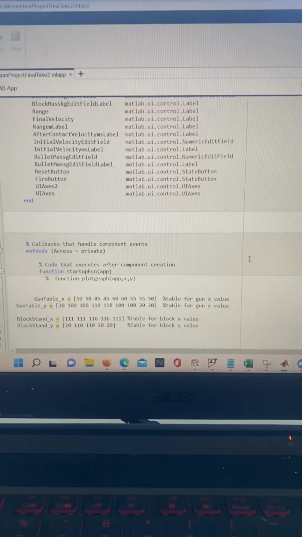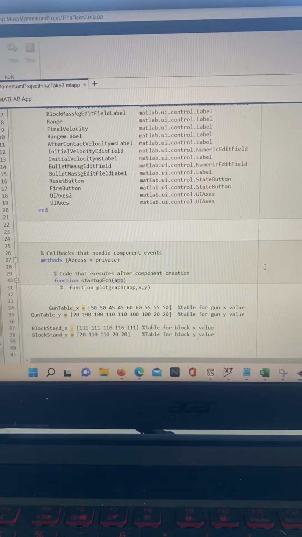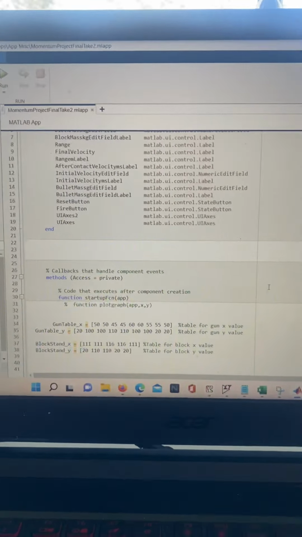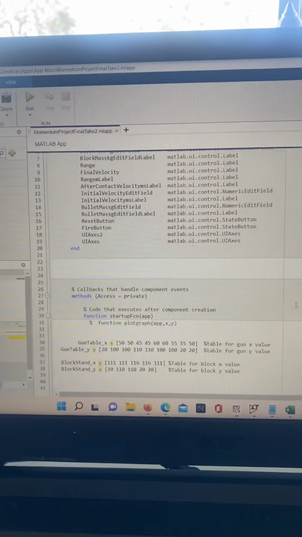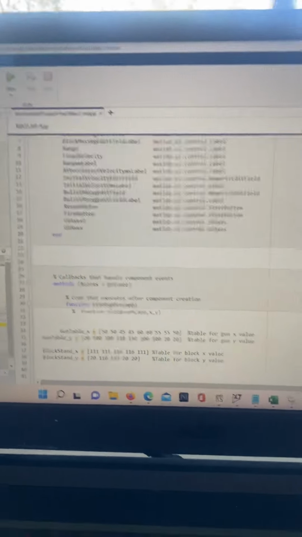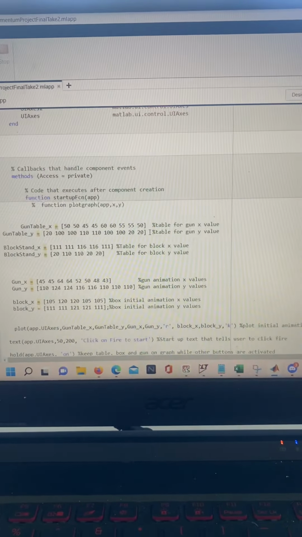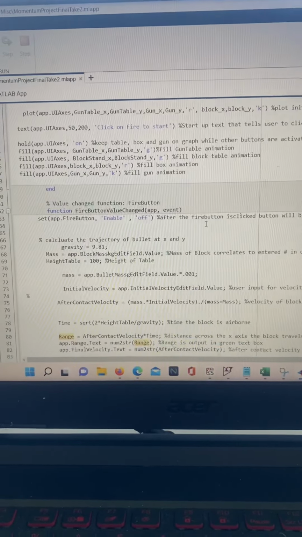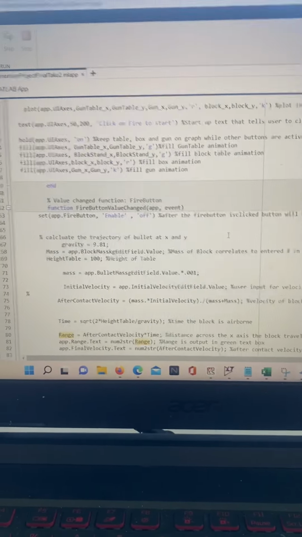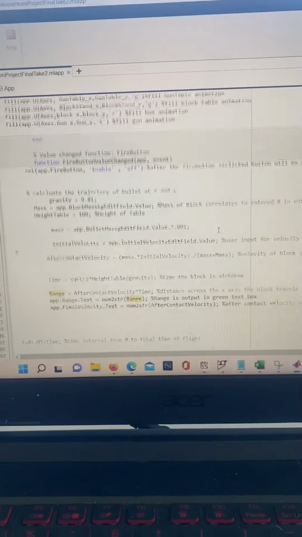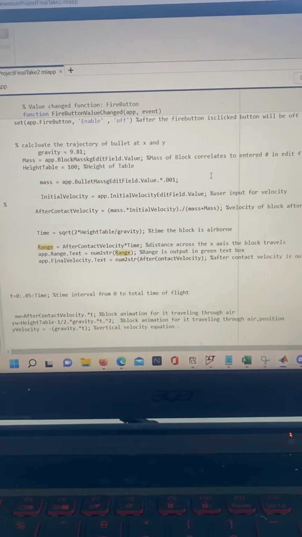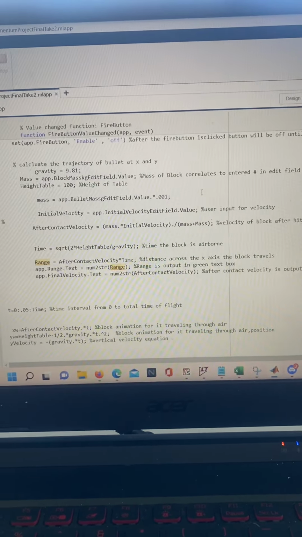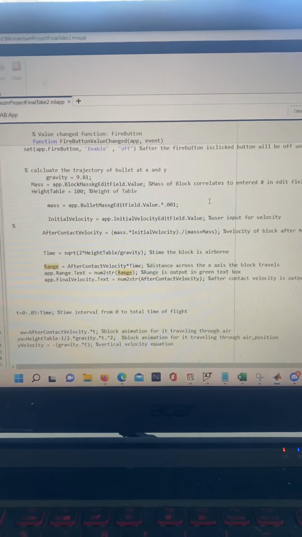For my project, I actually chose to do a concept from Physics 130, and that is momentum. Not just momentum in general, it is inelastic collisions. So I used a Matlab app that I built. I modified it a little bit for this presentation, not much, but it will get the job done to explain momentum for us. It uses a classic problem that we often solve in Physics 130,